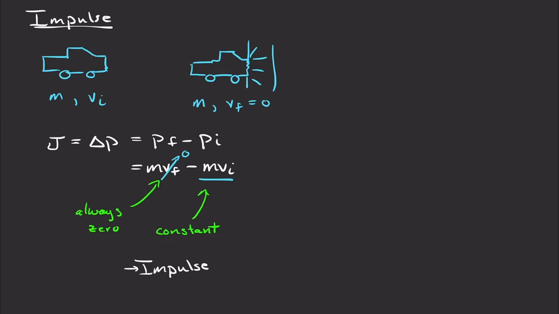Your final momentum will be 0. Your initial momentum is whatever it is when you lost control, before you hit the wall. So impulse is fixed. Or another way of writing that mathematically is just J is equal to a constant. Okay, so what you can do, if you want to survive a crash or a big fall, something like that, where your momentum's changing a lot,